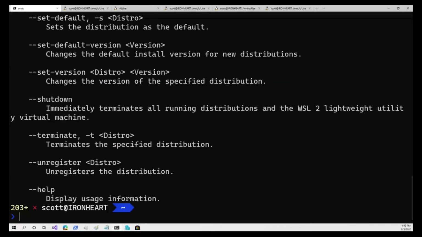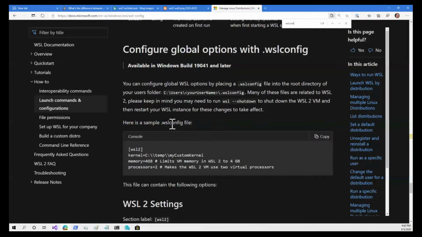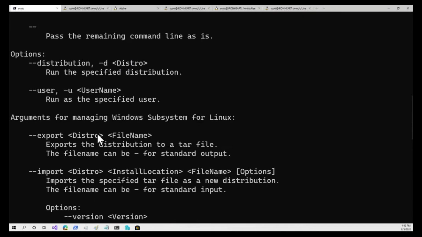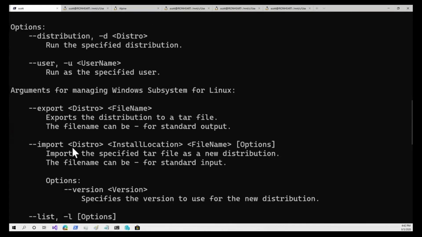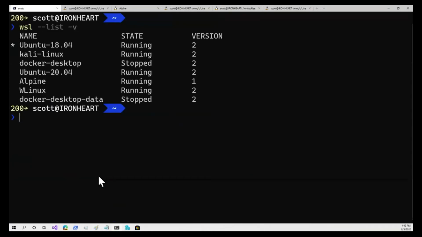Yeah. You showed the WSL.conf file. Does it mean that you can create multiple WSL profiles? Oh yeah, absolutely. So that's a great point. You can make as many as you want, and you can see here that I could actually copy one. So right now, if I say wsl --list -v, I could export this one and re-import it back to myself with a new name, making a copy of itself, and then treat it differently. So I could freeze it in amber like a bug in Jurassic Park and save it for later,